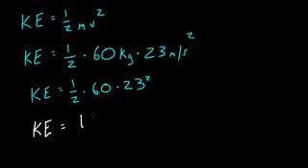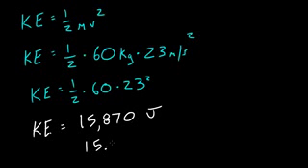But the answer to this is 15,870 joules. Now, again, like I said, just like potential energy, kinetic energy is also measured in joules. However, a cool thing, since we're working with big numbers in science, you can also write it like this: 15.87 kilojoules. That's supposed to be a lowercase k, kilojoules. Whatever way you want, it's just two different variations of writing the same number.